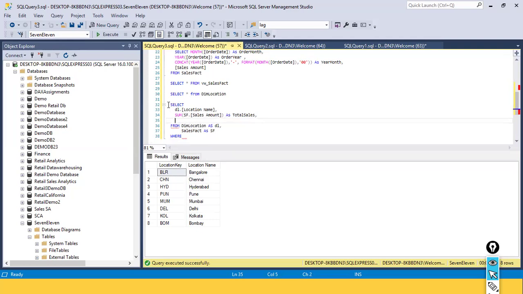Followed by the select, you need to specify all the columns that you need from the table. But here, the location name is available in one table, dim location, and the sales amount is available in another table, the sales fact table. We want to query columns from two different tables, so we need to join these two tables using a common key column. DL dot location key is equivalent to SF dot